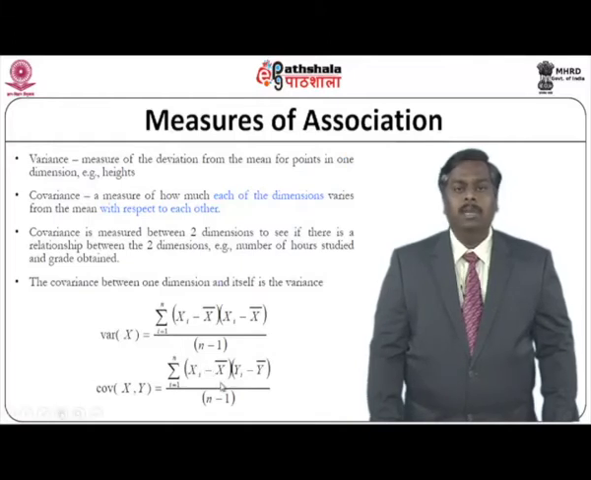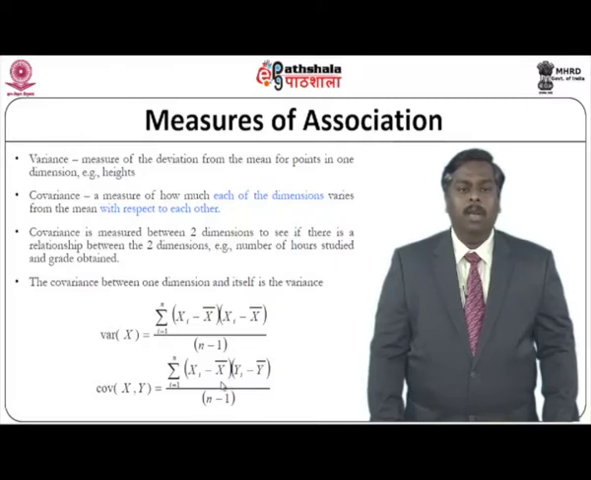So, covariance is measured between two dimensions to see if there is any relationship between the two dimensions. These relationships may in turn be used for further analysis or for the decision making process. For example, we can take two attributes, one the number of hours studied and the other, say, the grades